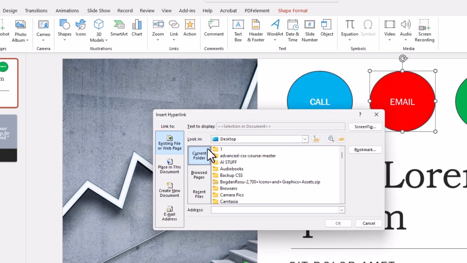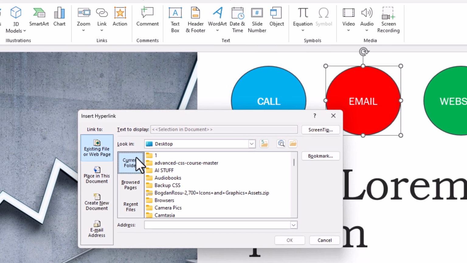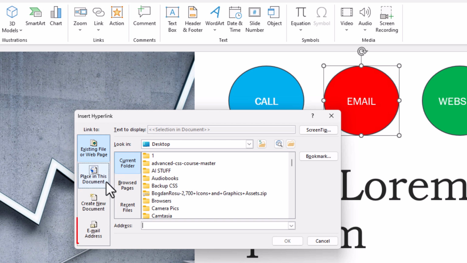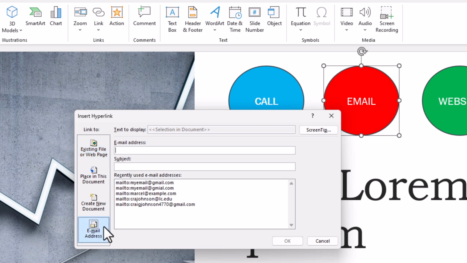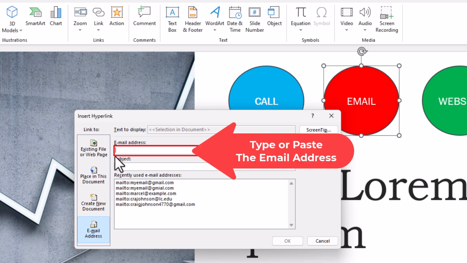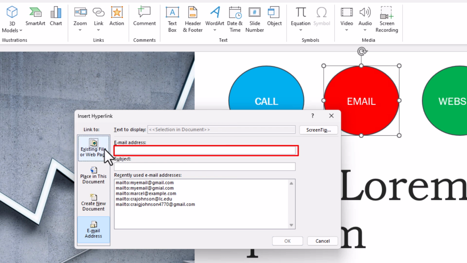Now in the little dialog box that opens up, in the pane off to the left hand side, you want to go all the way down to the bottom to where it says Email Address and click on Email Address. Now in the email address area, you want to type or paste in the email address that you want to hyperlink this shape to. I'm going to paste mine in,